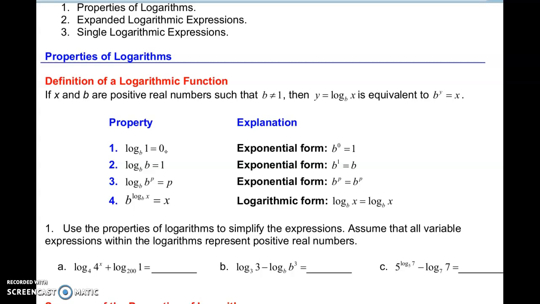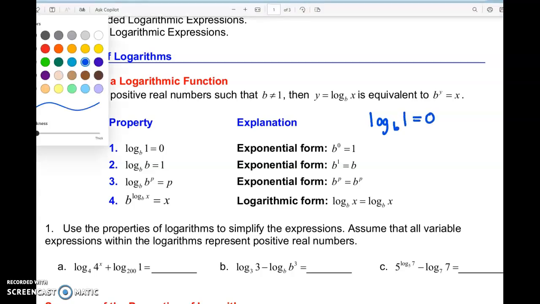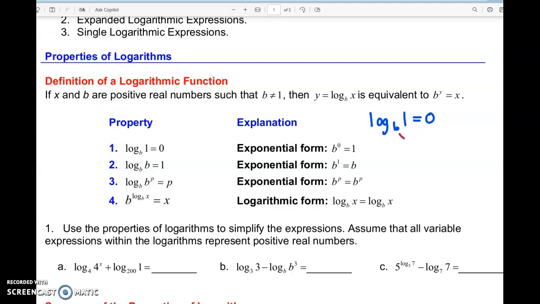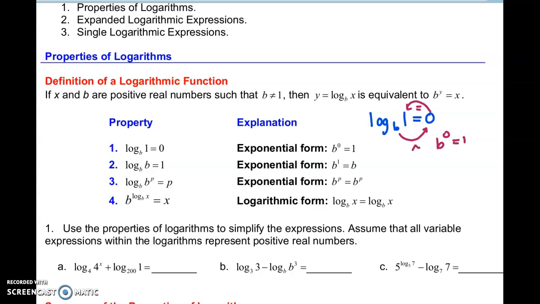So how do they get this explanation? Well, they use what we learned about logarithms. I'm just going to write over here to the side where I have more room. What we learned is that I can say the base raised to the answer is equal to the argument. So I can say that this would be the same as b to the 0 power equals 1. So the reason why the log base b of 1 is equal to 0 is because anything raised to the 0